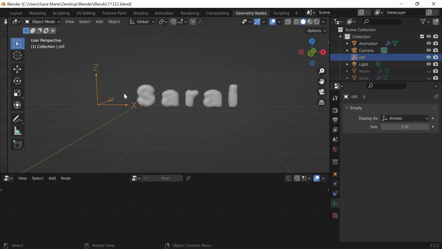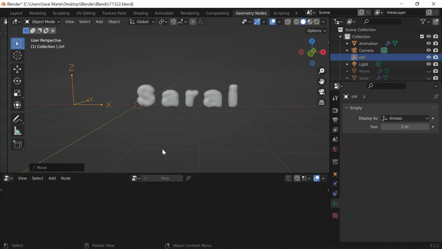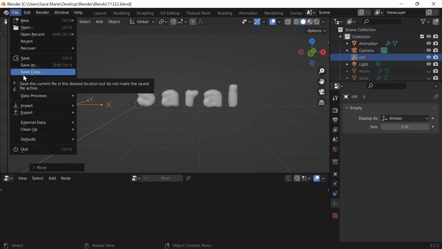Alright, if I do GX, okay, so far that's good, it's working. So what I'm going to do is I'm going to Control S this and save this one. No, I want to save as, save copy,